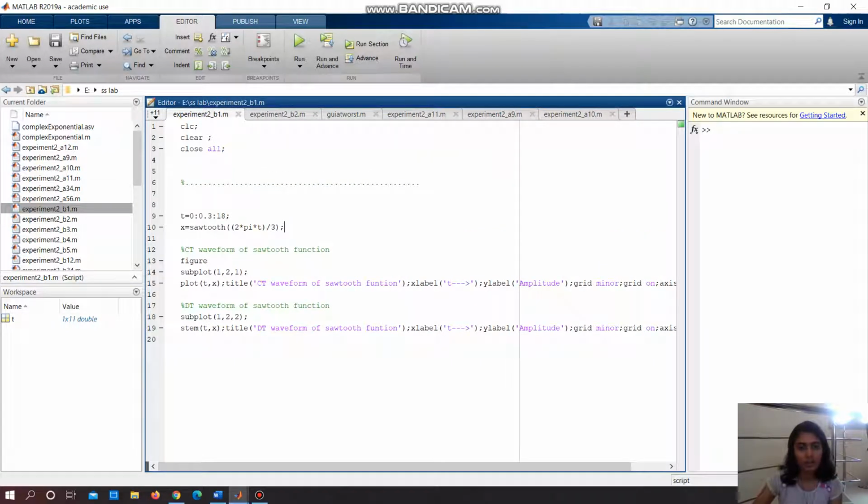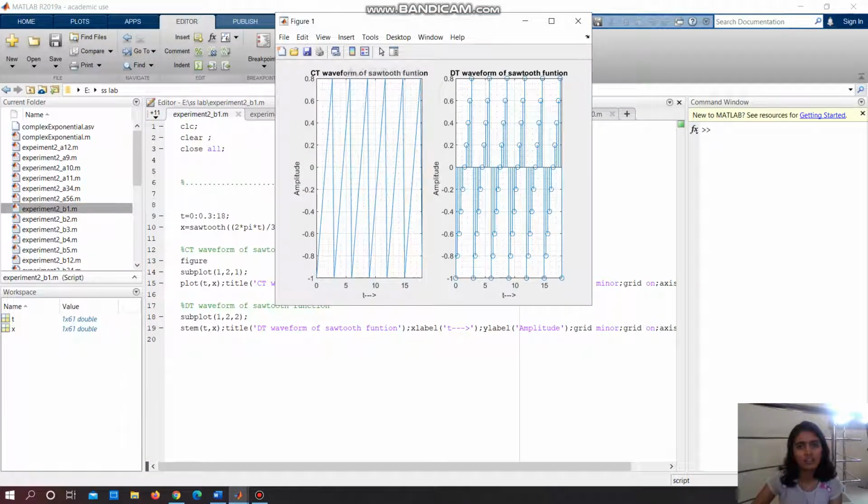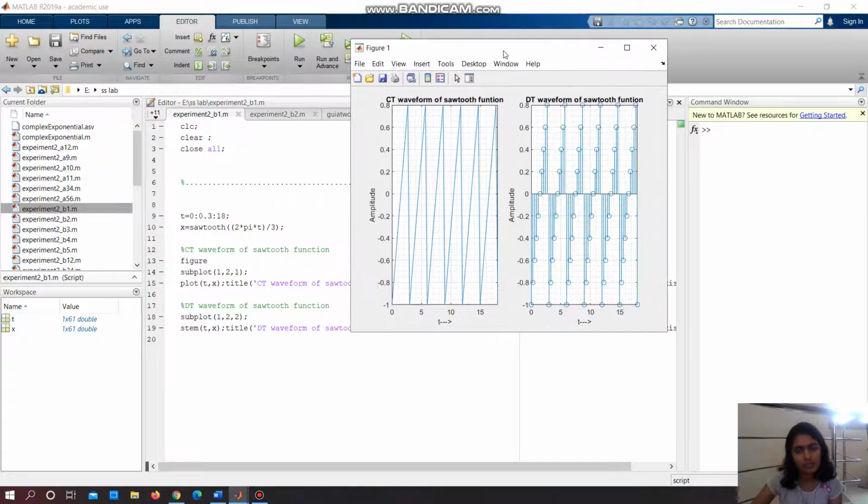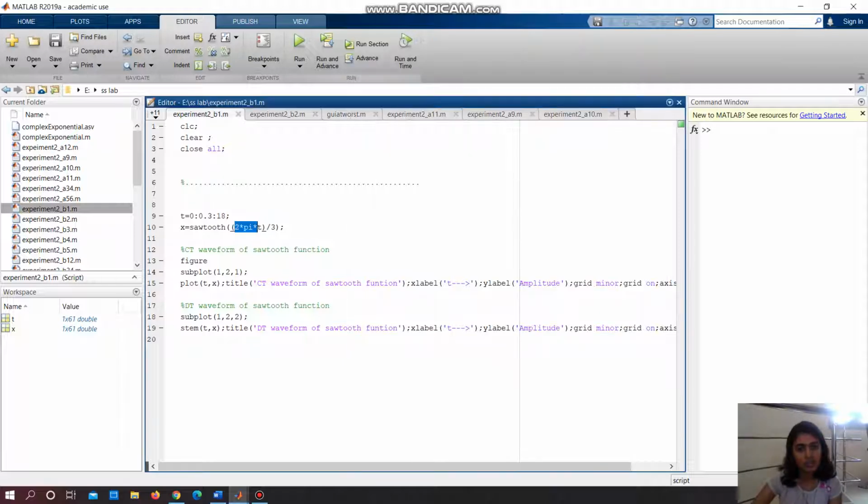We can plot a sawtooth function in MATLAB. Sawtooth is similar to triangular function. Its value drops to -1 at integral multiples of 2 pi and it is linear. It is piecewise linear and a continuous function. We can get a sawtooth function by using sawtooth of t expression. It has a period of 2 pi, but if we give it in this manner, it gets a time period of an integer value.